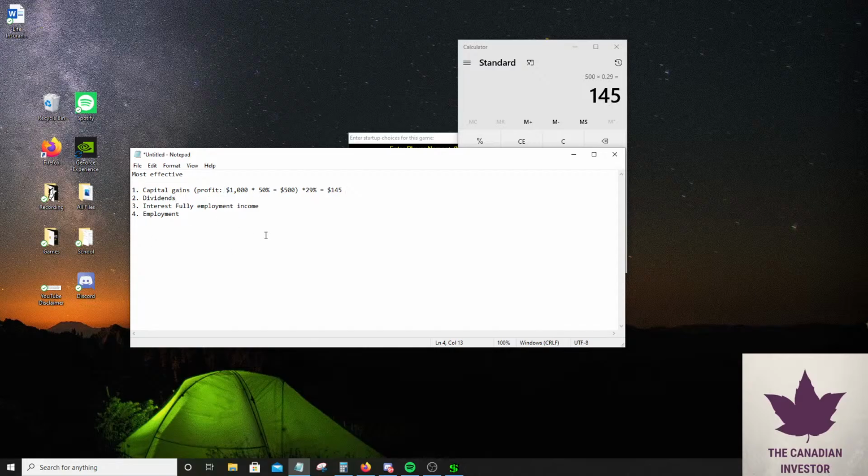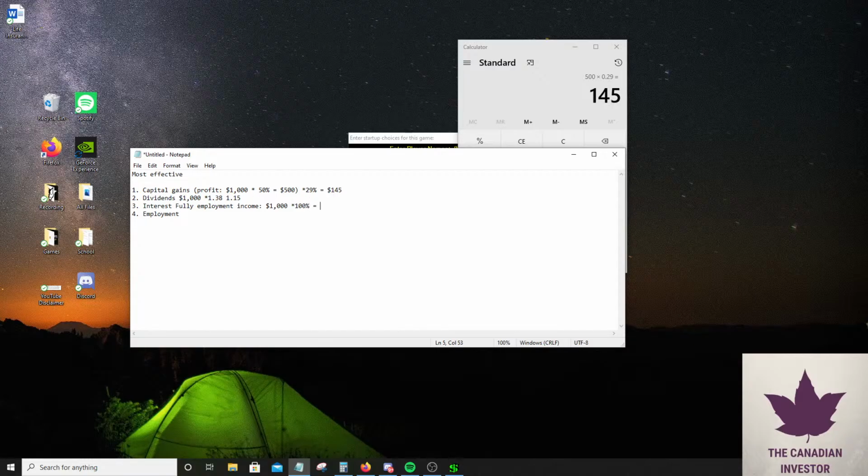While with dividends, for example, I'm pretty sure you'd include a gross-up of 1.38 or 1.15, depending on the company. For eligible companies, it's 1.38. It's a little bit complicated to calculate how much tax you owe on dividends, but I know it's definitely not as efficient as capital gains, because with capital gains only 50% of it is taxable, while with interest the full amount is taxable. So let's say in this hypothetical example we make $1,000 in interest. About 100% of that will be taxable, whereas with capital gains it's only 50%.